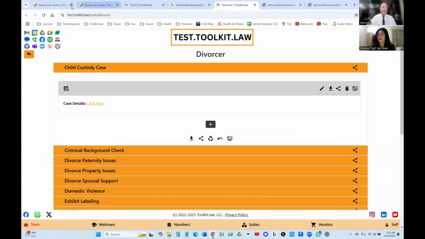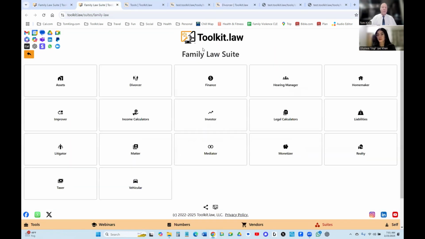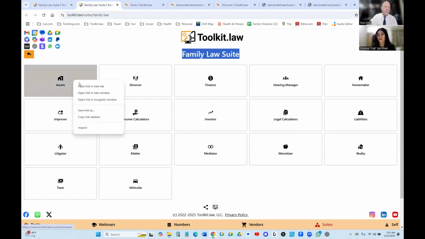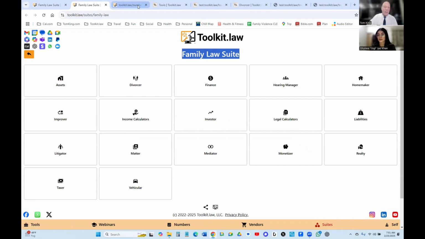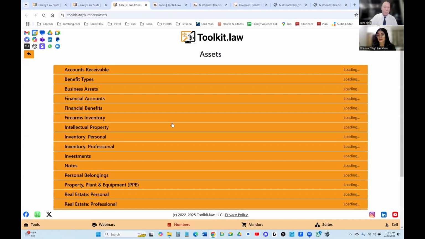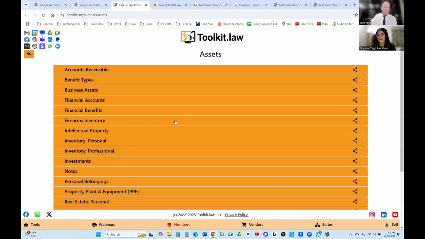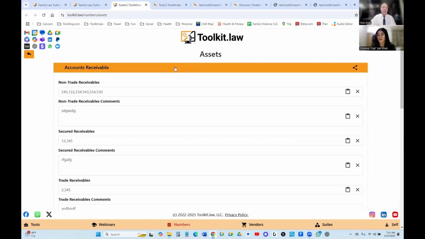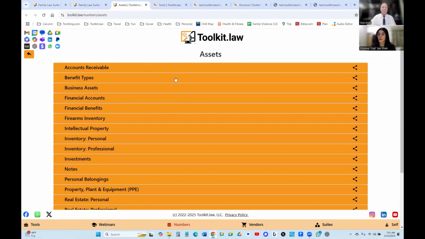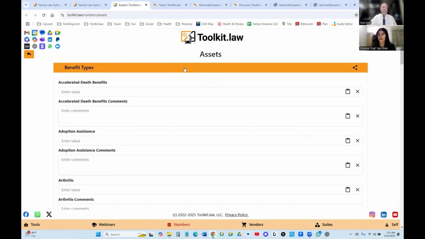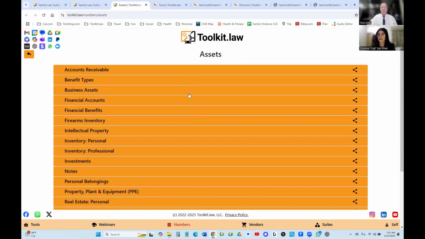Okay, so let's go ahead and start from the very beginning here. In the family law and child welfare law suite, the first thing we have is an assets tab, an assets page. And remember, with Toolkit.law, every one of our pages is the equivalent of an entire website. Why? Because in each expandable and collapsible accordion, it's a page worth of tools and assistance. So the first thing I want to point out is in the assets area,